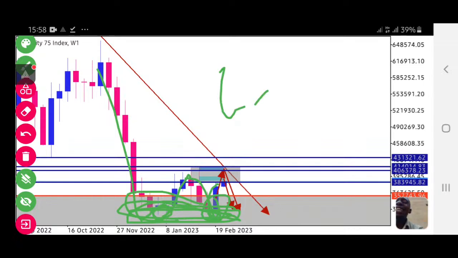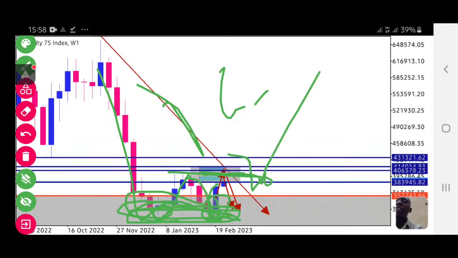We are expecting, or we are hoping, that if the market breaks around this area, guys, if the market breaks around 40637.8.23, if the market breaks that zone and closes above this entry, we will know that we have to wait for the market to come back and retest, and then we continue.